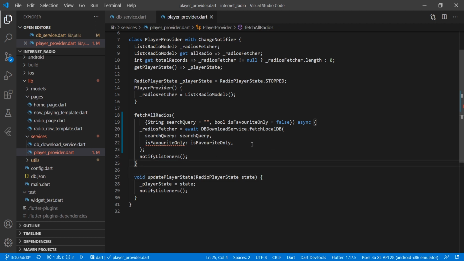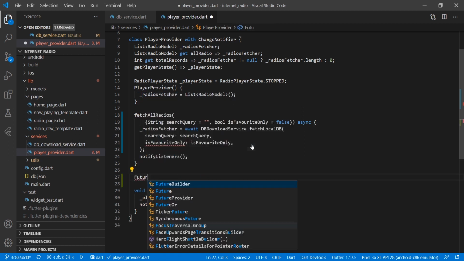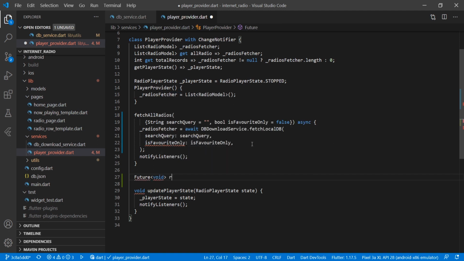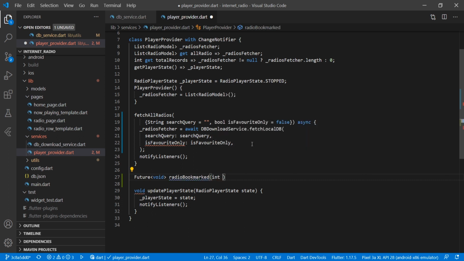Before doing that, we will add a new method here, that is Future, type is void, and we are naming it radioBookmark, and the parameter we are passing is int type of radio ID.